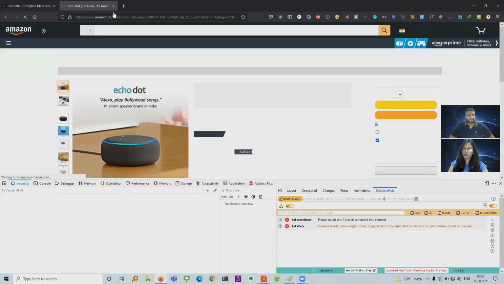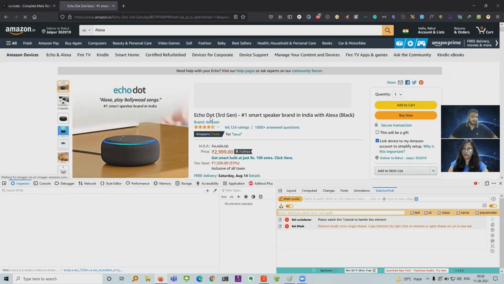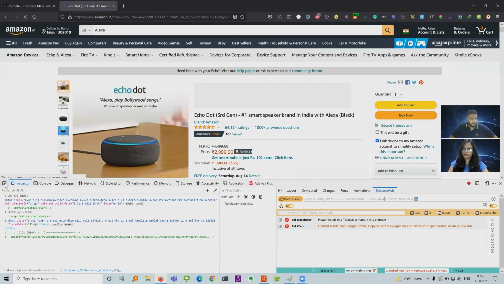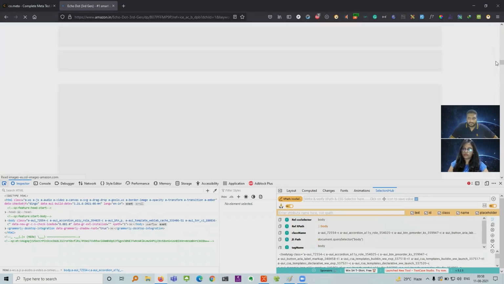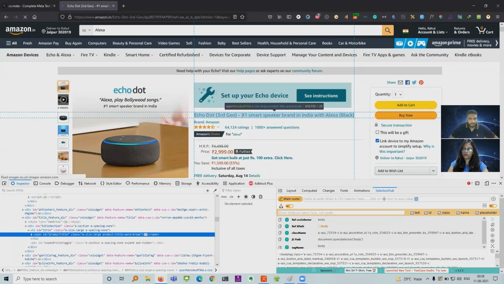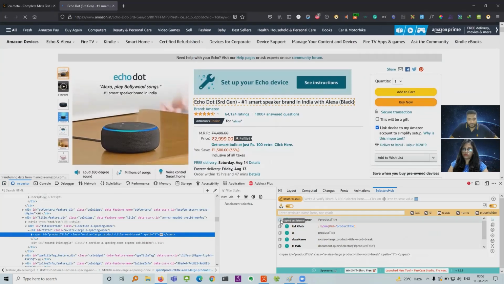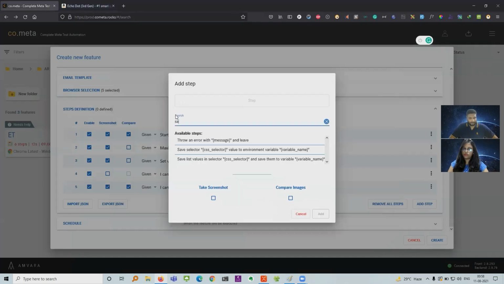So now I want to save this product name from this web element. So I'll just scroll through it and see what is the selector for this product title. And yep, I get it. I copy this, and I want to save this value.